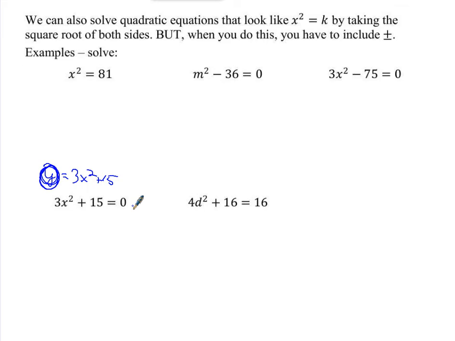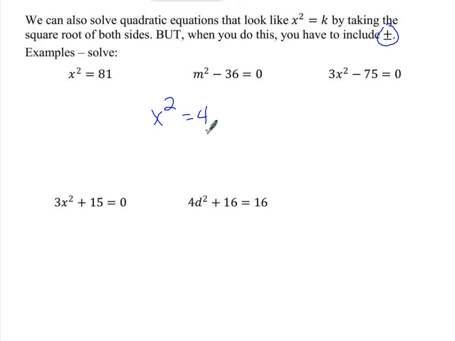So we can also solve quadratic equations that look like this by taking the square root of both sides. We haven't worked with square roots a whole lot yet this year. We did a little bit earlier in the year. We're going to do it somewhat now, and then some more as the chapter goes on, and then in chapter 10 we're using square roots quite a bit. But when you take the square root of both sides, you have to include plus or minus, because when you take the square root of both sides of an equation, like for example, if I have something squared equals 4,